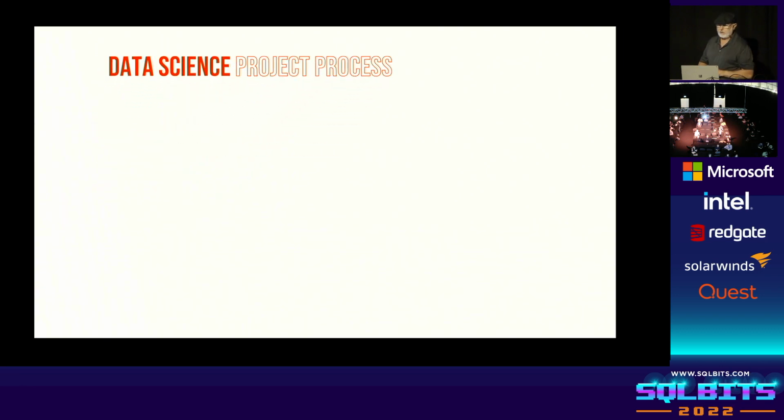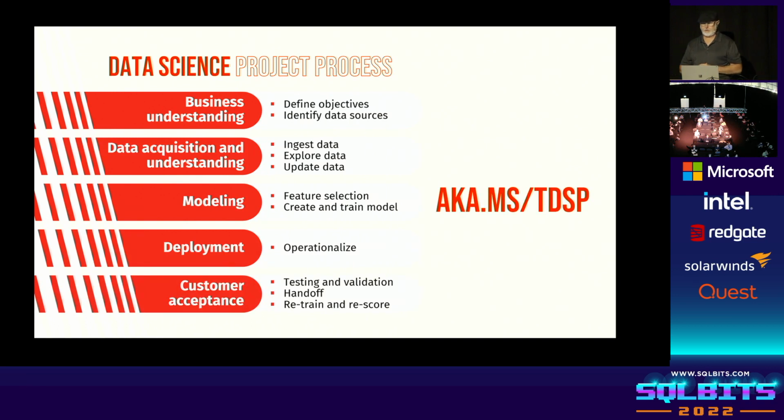There's now a process that you can use for data science. There's a resource here called the Team Data Science Process. This is something I worked on and helped create with a team of people who do data science. It involves understanding the data and so on. The thing you need to take away from this particular slide is that inside data science, we do not do ETL. We do not do extract, transform, and load like we do in business intelligence. We do extract, load, and then we transform it at the last possible time.